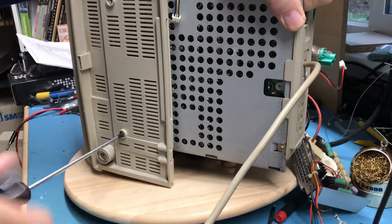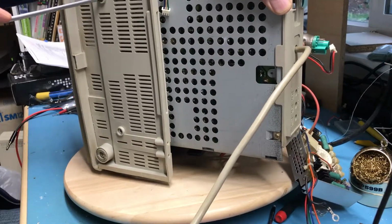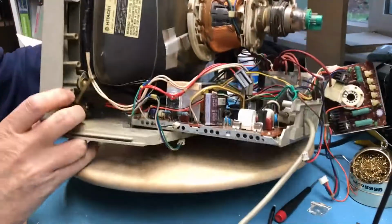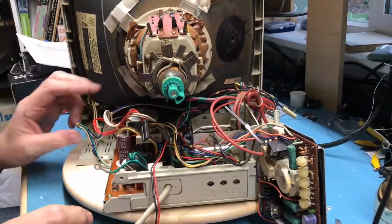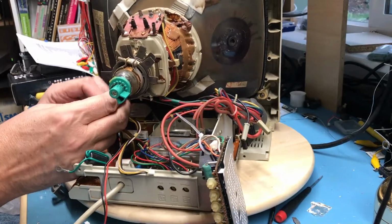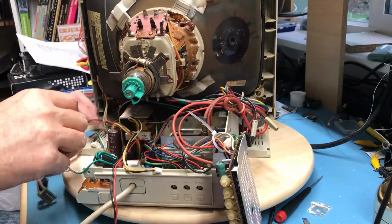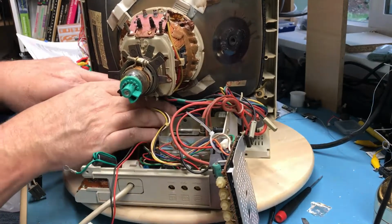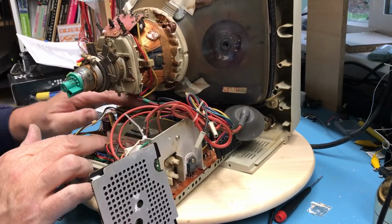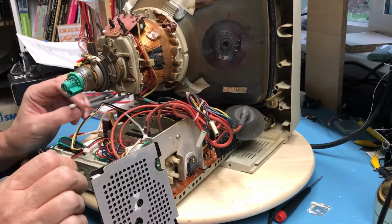I have no idea how many times you've seen me put this back together. I think this is the 4th time. So, it's definitely progress. I know that this little guy goes here, a little piece of coax. This guy, I do believe, runs into a pretty difficult spot to get down into there. No, that doesn't seem to go there. Where's the...